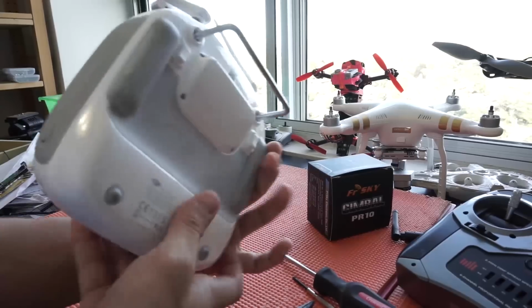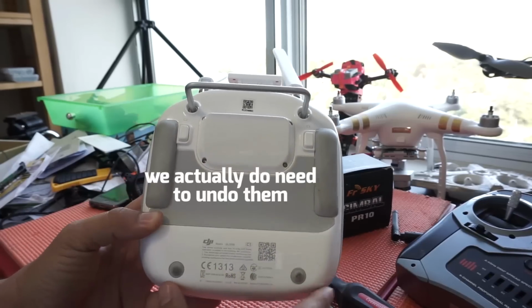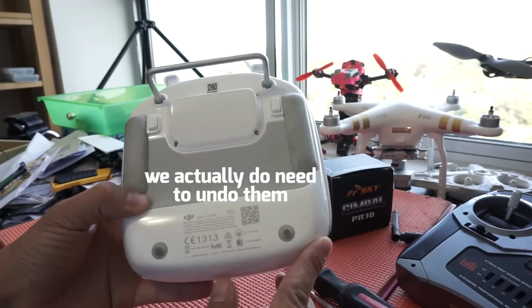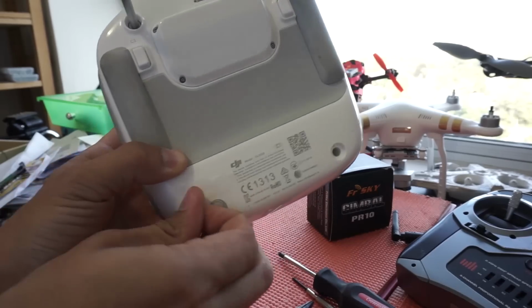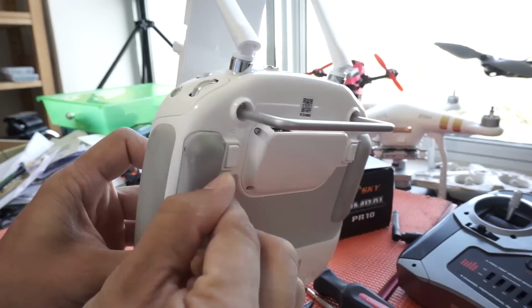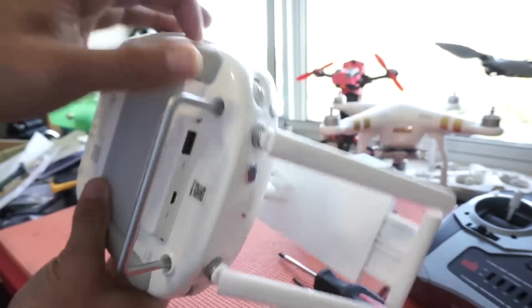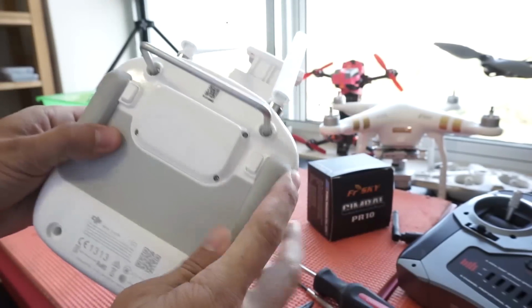So grabbing our Phantom radio, you'll see that there are 4 screws here, which we don't really need to undo, because the real screws we want to get at are behind these little rubber things and tucked away. Let's get a good camera angle of that. Right in this corner there. So we'll need to unscrew this,